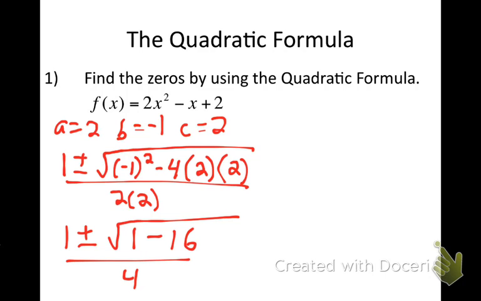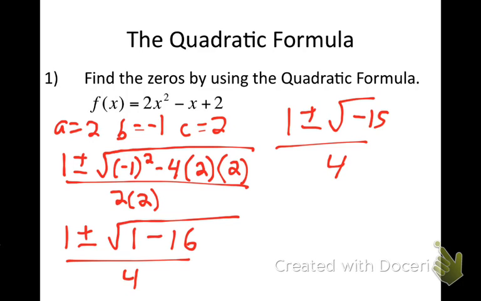Now what do you notice right here as you look at this? What are you noticing here, Colin? What's going to happen underneath my radical? When I simplify that, what do I get? What's 1 minus 16? Negative 15. Yeah, what happens here is I get 1 plus or minus the square root of a negative 15